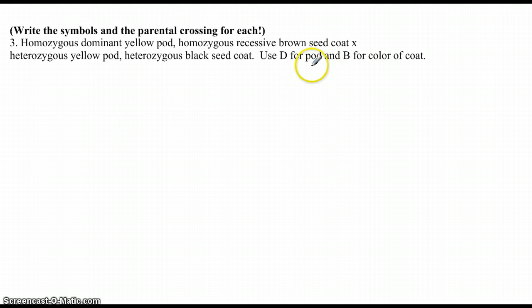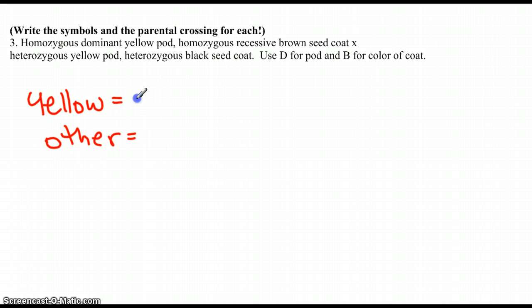So I've got my two traits, pod and color of the coat. So let's do yellow. And then like before, I don't know what the other color is. It could be green, but I'm just not really sure. So let's just go ahead and put other. So it tells me to use D's. So I'm going to use a capital D because yellow is dominant, and a lowercase d for my other color,